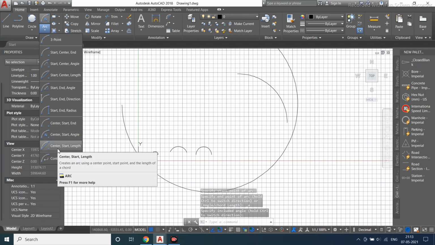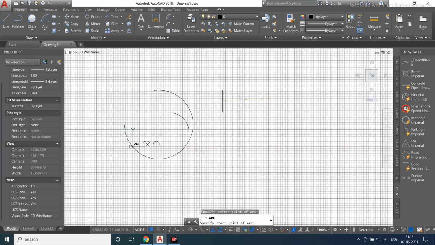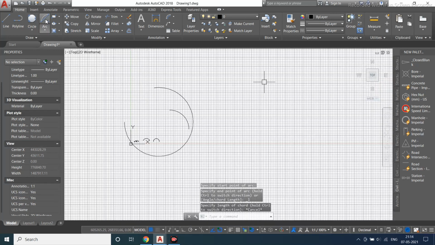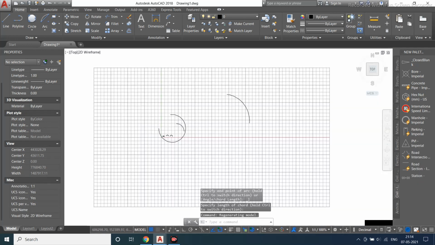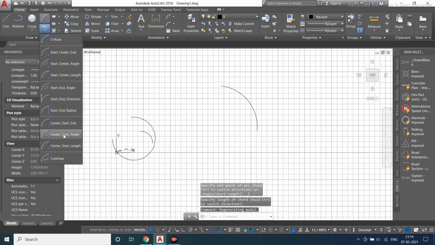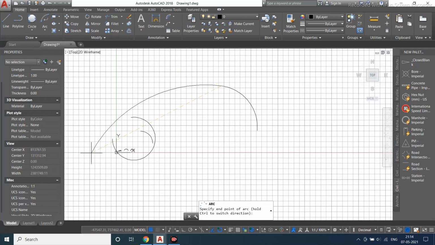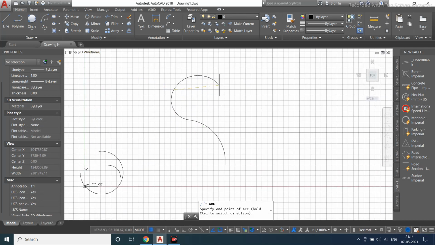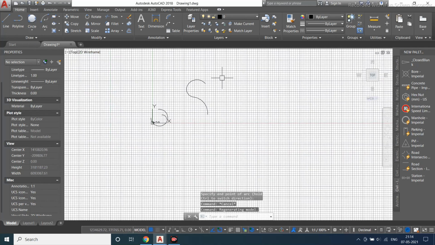Start, center, and length. Center, start, and how much length you want to specify. Okay. So for this you should again go with the clockwise, then you will get in this direction. What is the length you are going to specify. Continuity. So when you are continuing the previous, when you have drawn the same thing, it will go as a continuity. Right.